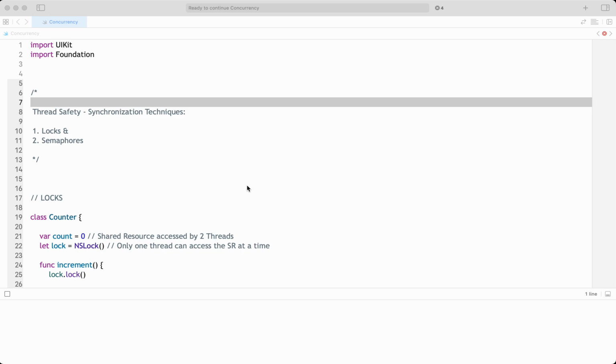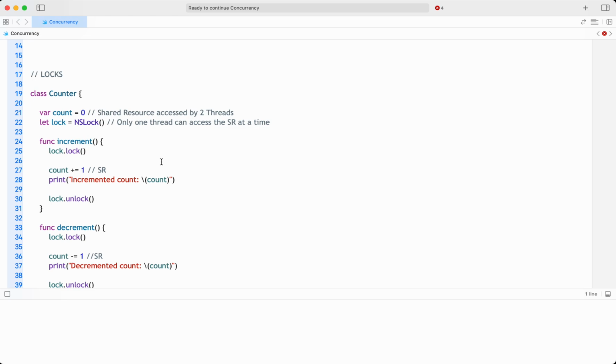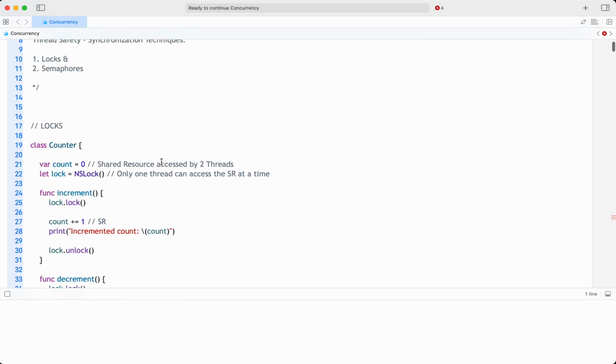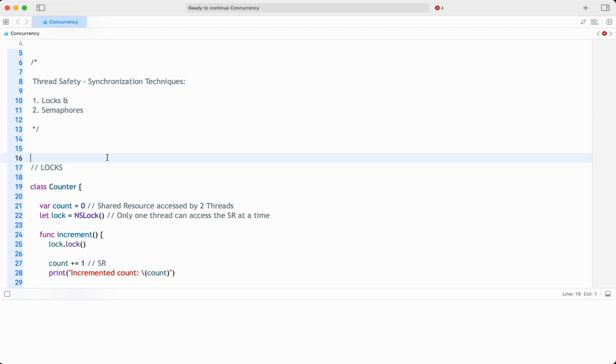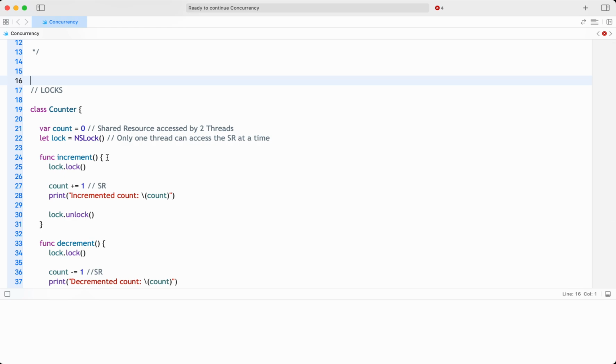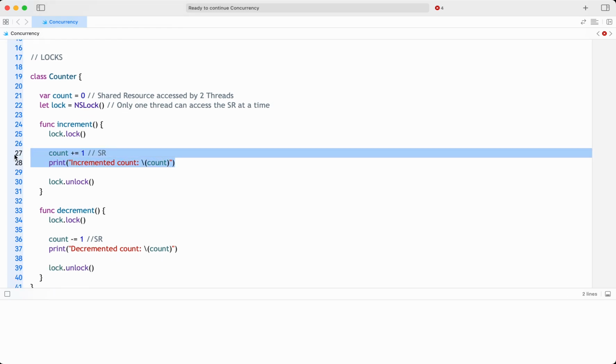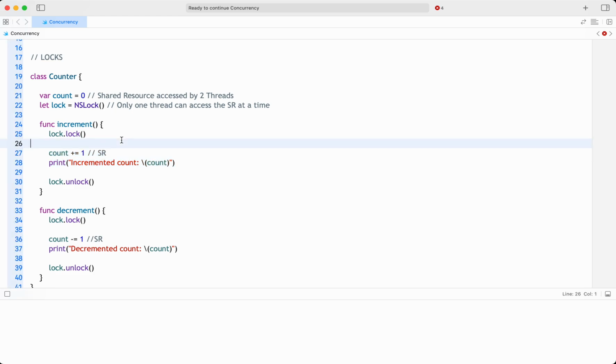Hello everyone. In our last video we have seen NSLock and semaphores, using which we can do synchronization, which is for thread safety. Basically these are synchronization techniques like locks and semaphores, using which we can control the access to the shared resource or critical section of a piece of code, so that deadlocks or race conditions will not occur in a multi-threaded